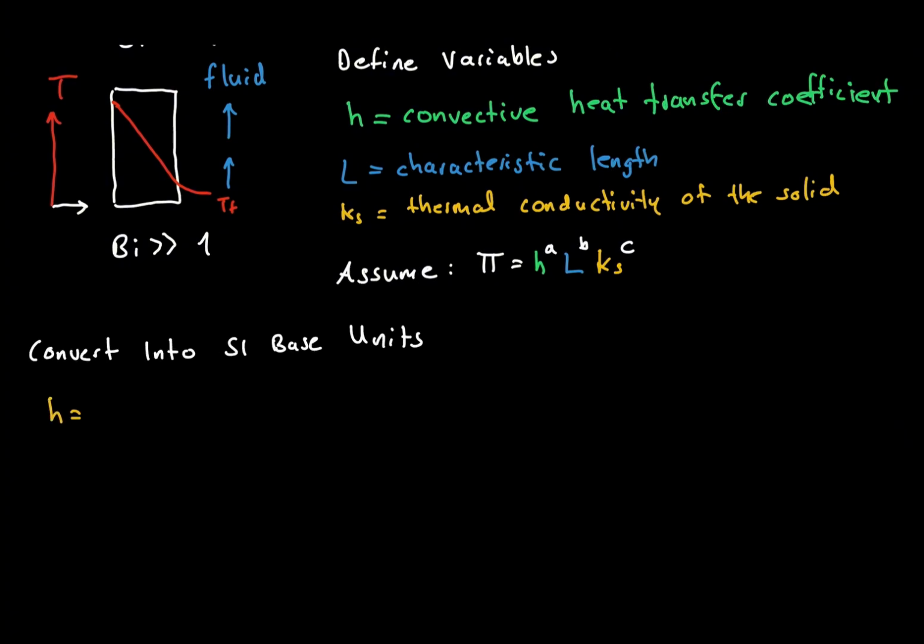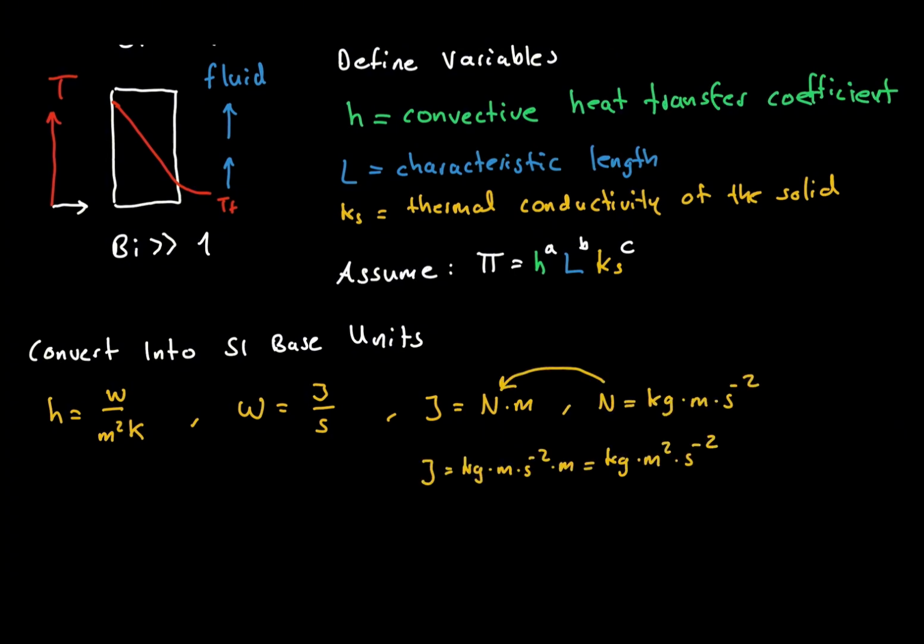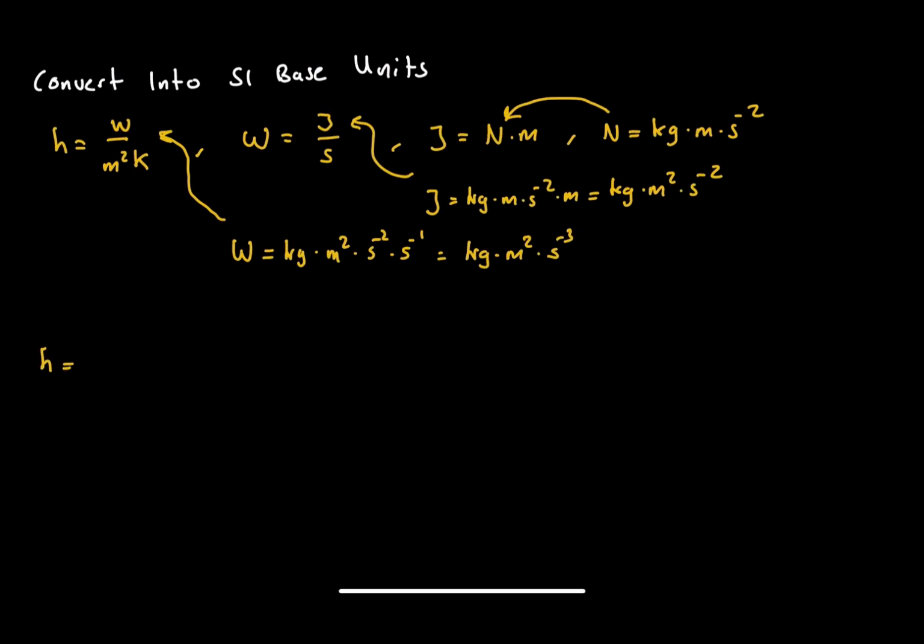The heat transfer coefficient has units of watts per square meter Kelvin. A watt is a joule per second. A joule is a Newton meter, and a Newton is kilogram meter per second squared. Therefore, 1 watt becomes kilogram meter squared per second cubed, and the heat transfer coefficient becomes kilogram per second cubed